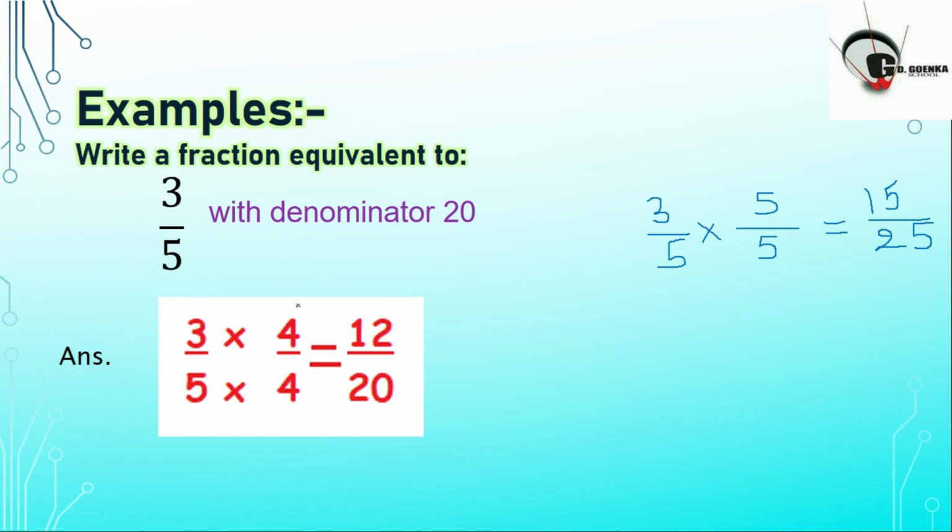Sometimes we are using the multiplication here because we have to make a bigger denominator, like it was 5 and we have to make a bigger denominator, so at that time we are using the multiplication. But sometimes maybe like they have given us, suppose we have 12 upon 16 and we need to make it as a denominator